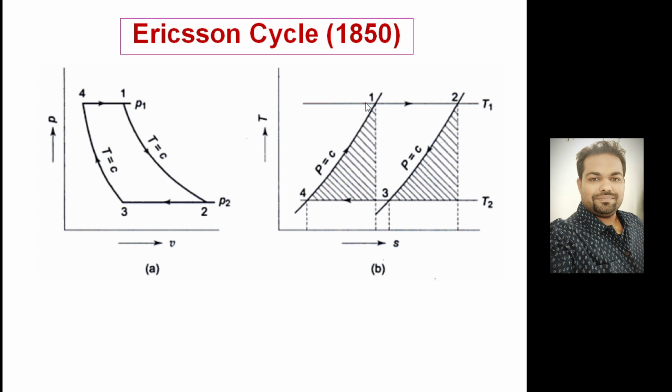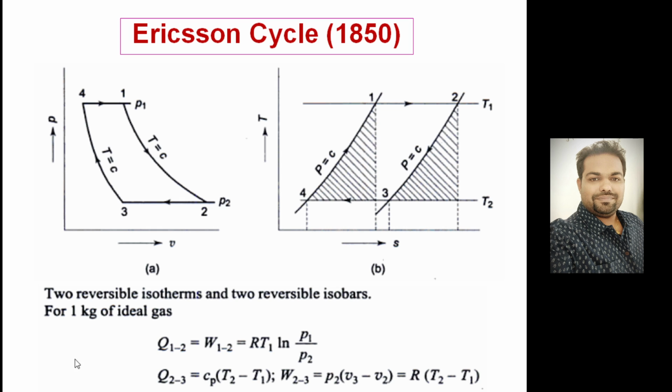So here there are two isothermal and two constant pressure processes, compared to the earlier one, where there were two constant volume processes. So in the Ericsson cycle, the expansion and compression processes are replaced by constant pressure processes. Process 1 to 2 is heat addition followed by expansion, then heat rejection and compression. We can write the equation for Q1 to 2, which is equal to W1 to 2, R T1 ln of P1 by P2, and Q2 to 3, which is constant pressure, Cp (T2 minus T1), and here work also